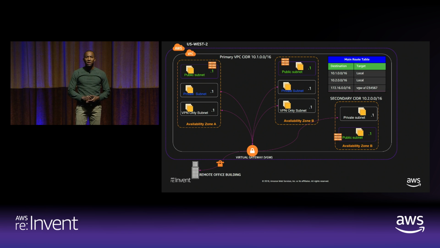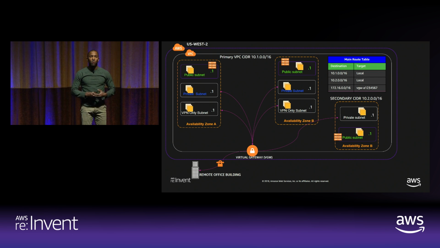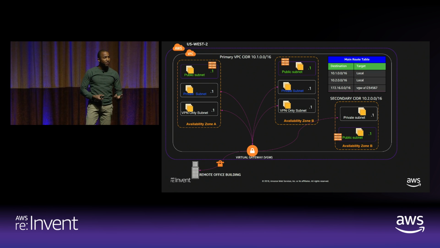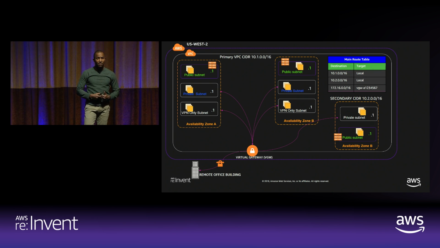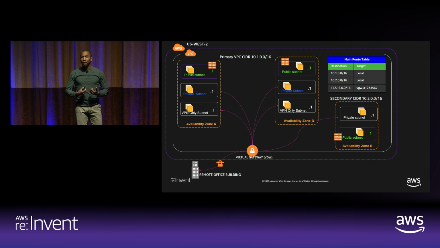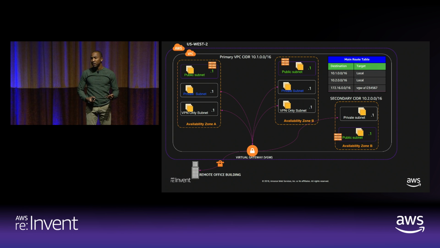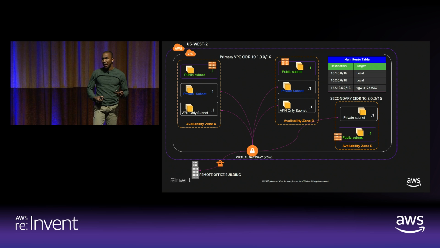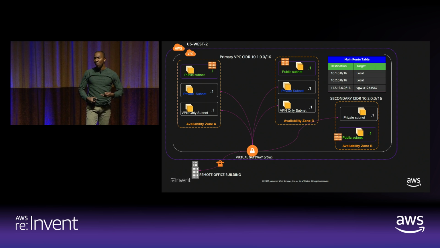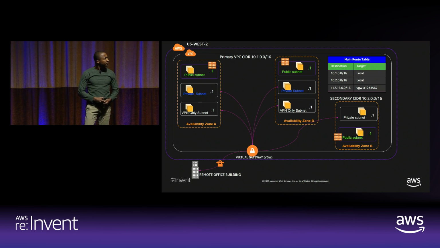So let's talk a little bit about your VPN-only subnets and how they gain access to your on-premises environment. In order for you to actually establish IPsec tunnels to on-premises, you have to define the attributes of the firewall or router that exists within your on-premises data center. Within AWS, that definition is considered to be a customer gateway. For a customer gateway, you define the public IP address of that device. You tell us what the BGP ASN is, whether it's public or private. If you own the ASN, then you can specify it. But if you don't, you can specify a private ASN.